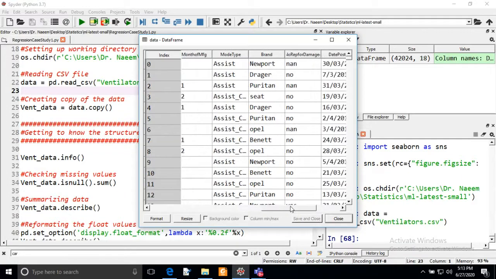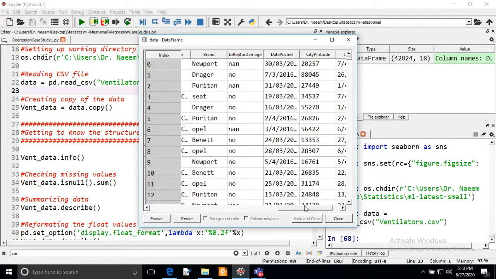I also want to tell you about the missing values. Yesterday we discussed one data set where we had a question mark representing the missing values. But in this data set, we don't have those kinds of operators or special characters representing the missing values. Here we directly have NaN values in the data set, so this is representing the missing values.